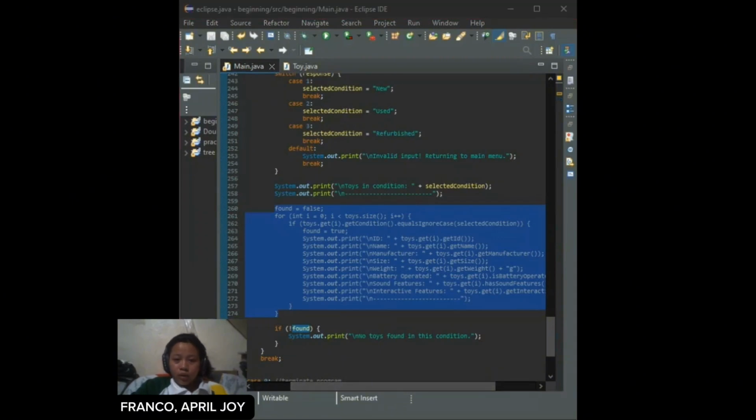All of that is displaying matching toys, where it loops through the toys list and